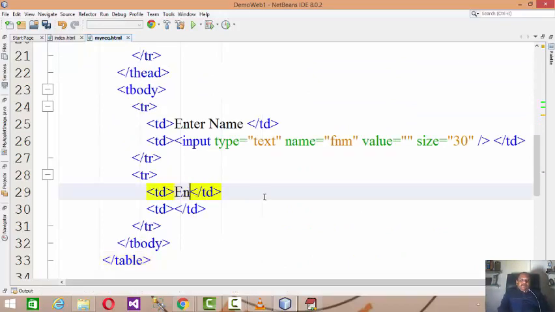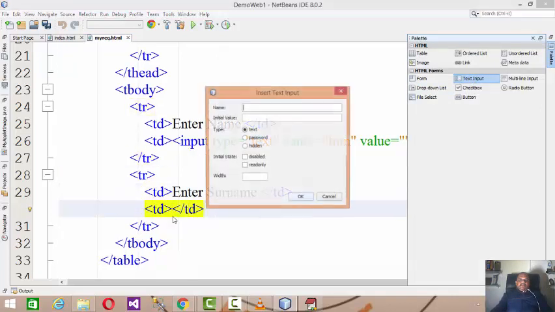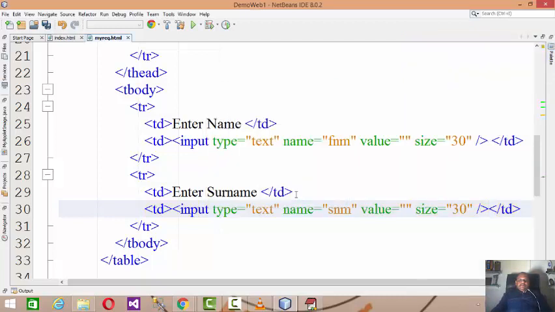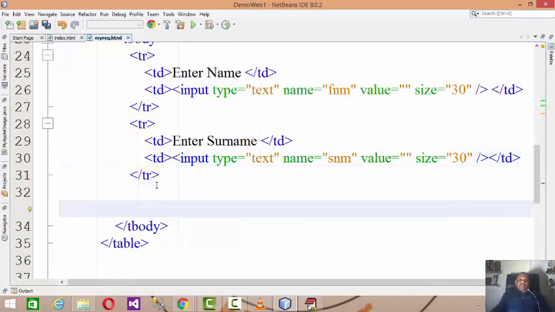Now the second thing I want to read from the user is enter surname. And here again I'll take a text input. Maybe SNM is the name of the variable, and then you have to specify the width of it. And okay, right now let's try to post this data to the server.